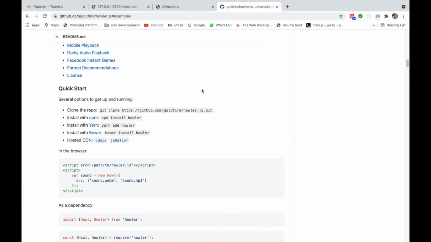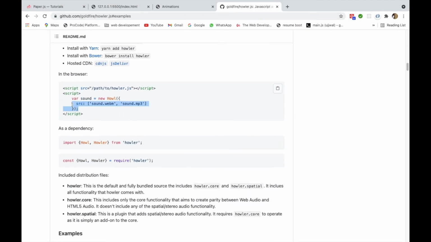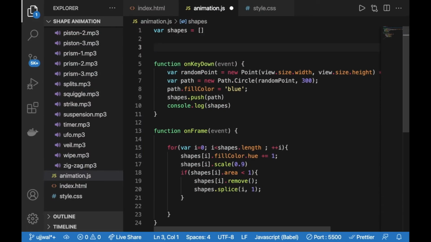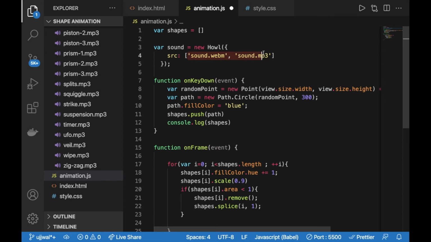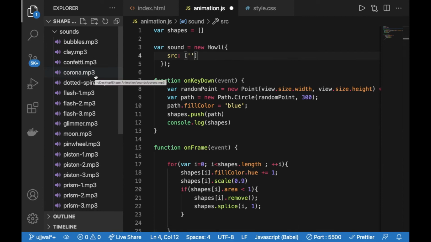Let me copy this particular thing and paste it here, and I only need one sound, and the location of the sound will be under the sounds folder. So what I need to write down is sounds slash the name of the sound that I want to get triggered.